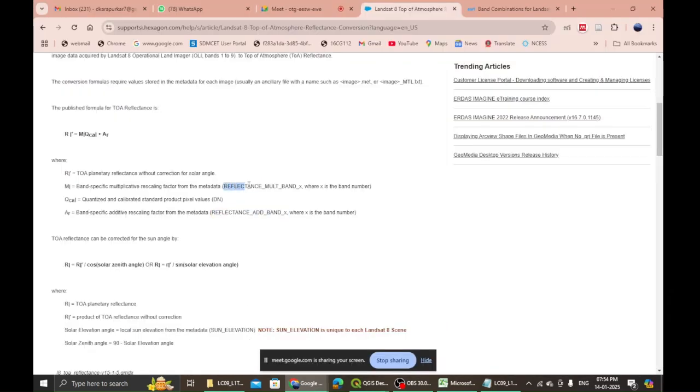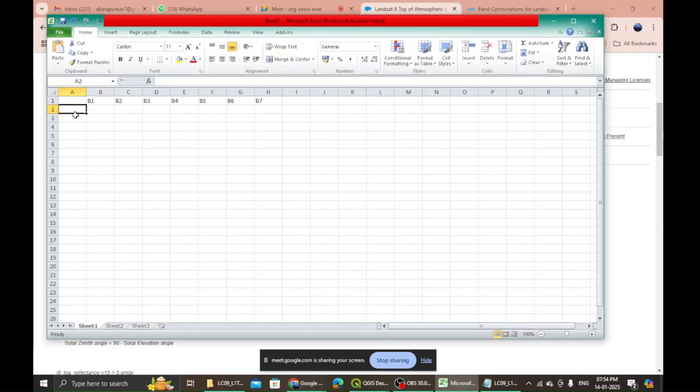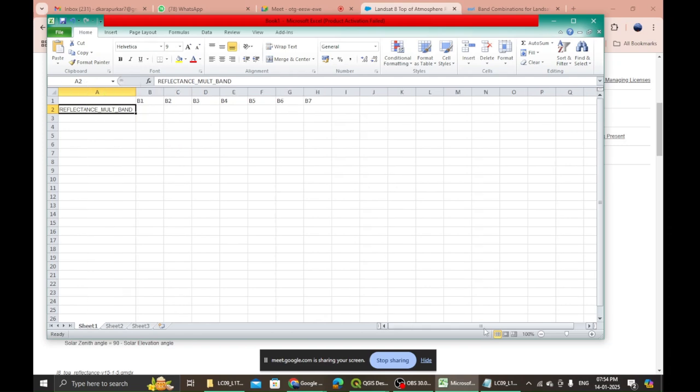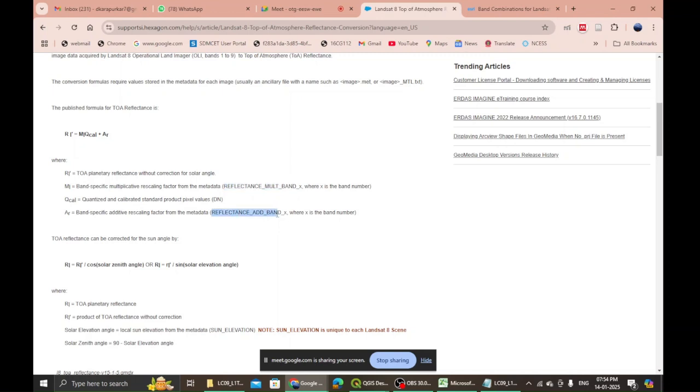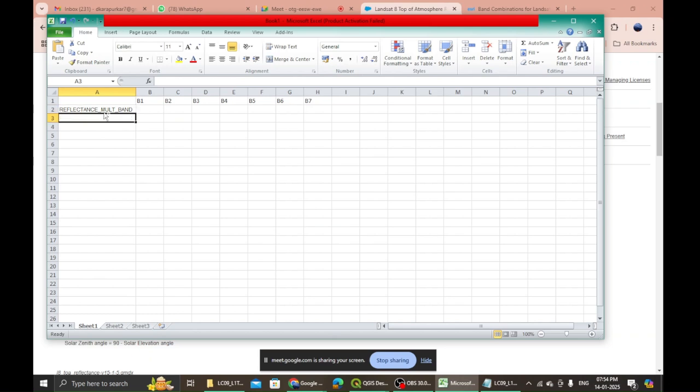I need these two values, reflectance mult band. I will copy this and paste it in cell A2, Control V. Just extend it. Then next I will come back here, and this is the other value that I require. I will copy this and drop it in A3. This is how your table should look.